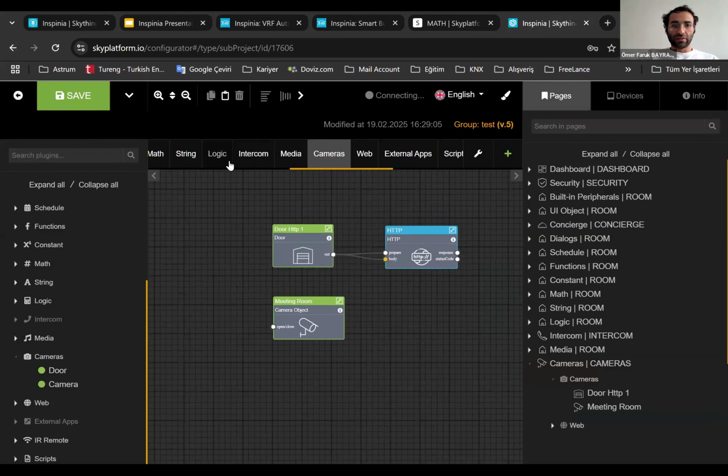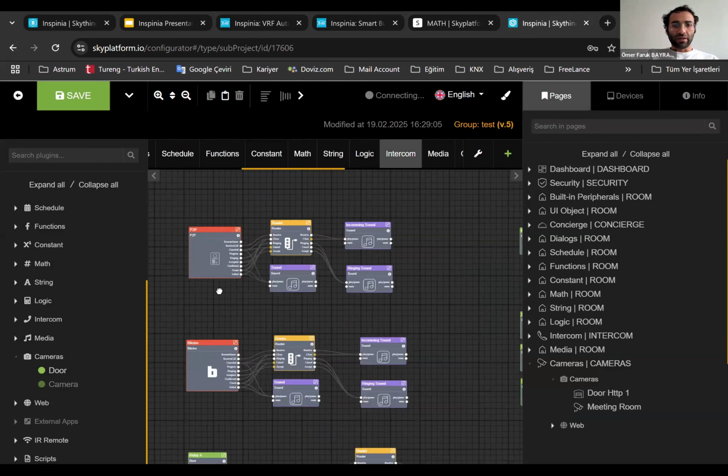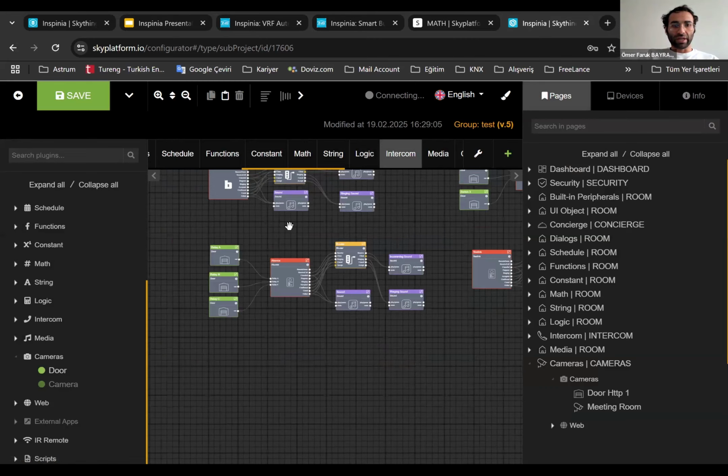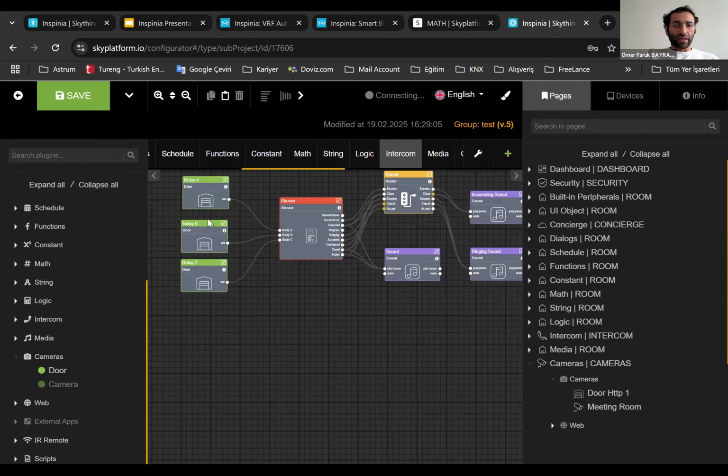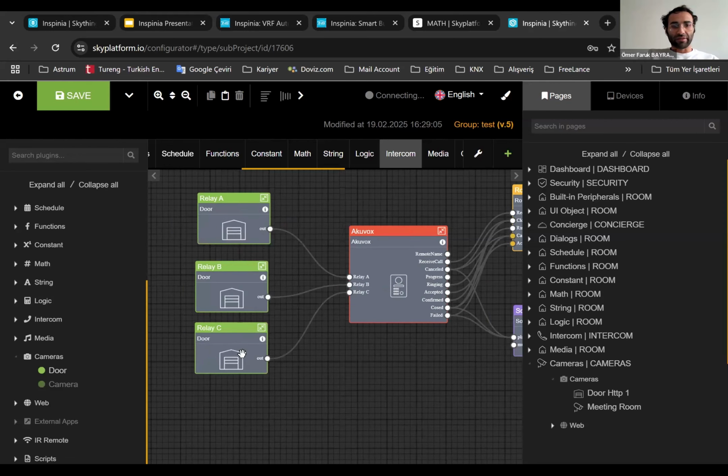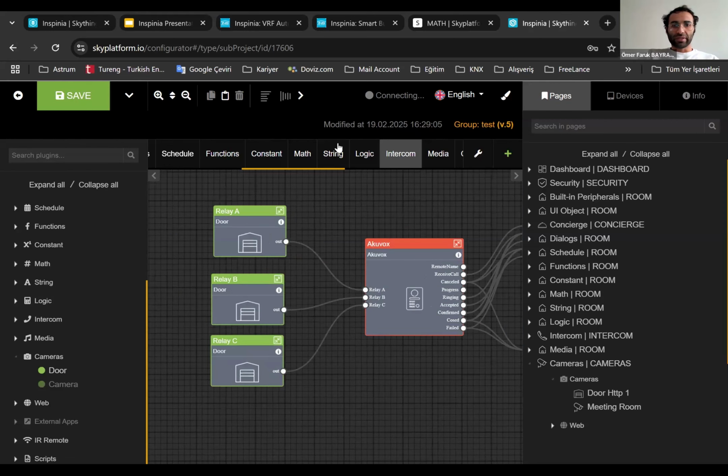Yeah, let's look at the intercom page, for example. Where was it? Yeah, intercom page. There are many intercom brands here. For example, Aquavox. Aquavox has, let's say, 3 relays. By the way, this is a test database. That's why you see the page name as